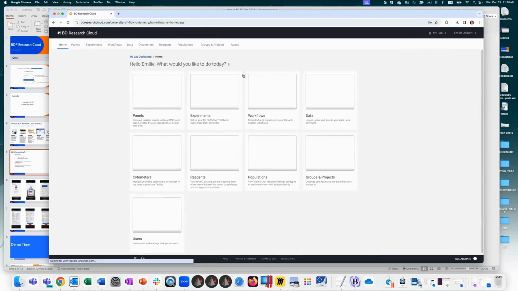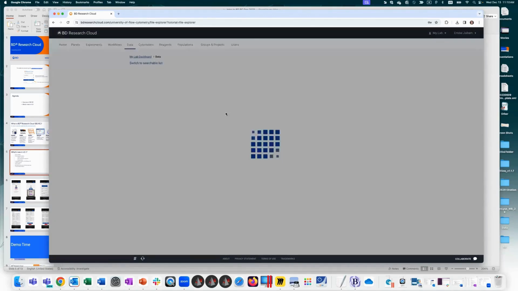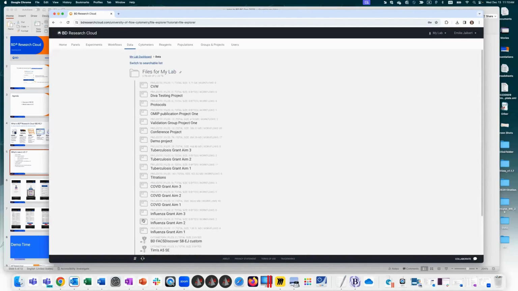All right, next is the data. So you can either upload data directly into workflows, or you can just store it in your data management tool here. So it's data up top, and here are the different project folders that get created. The structure within